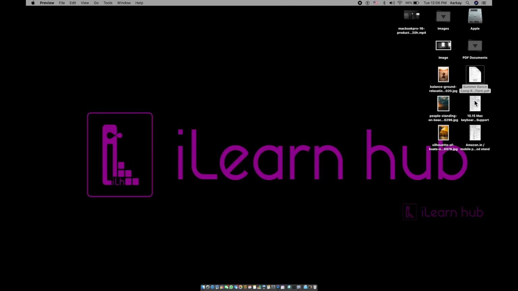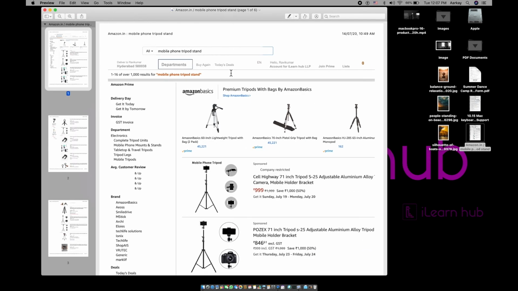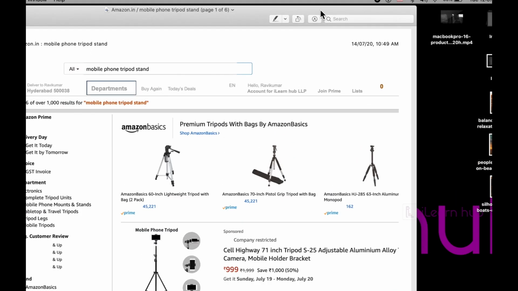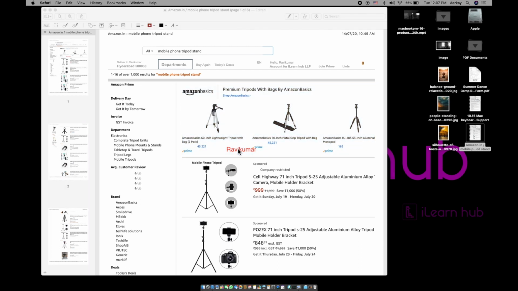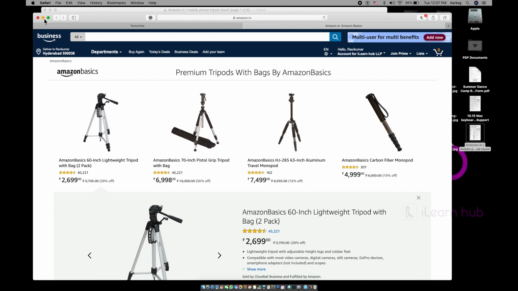For example, I have something from Amazon. If I want to add text at a particular area, again use the toolbar and add text here. Just type whatever text you want to add. Since I have clicked, links are also clickable.